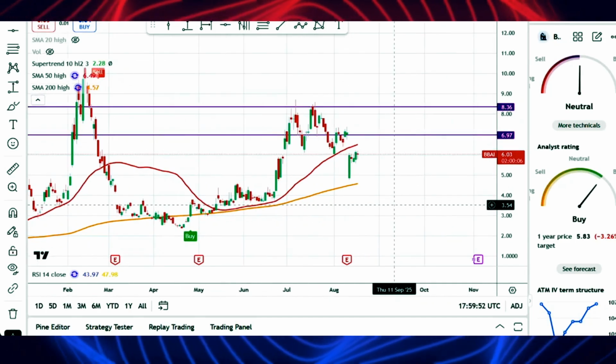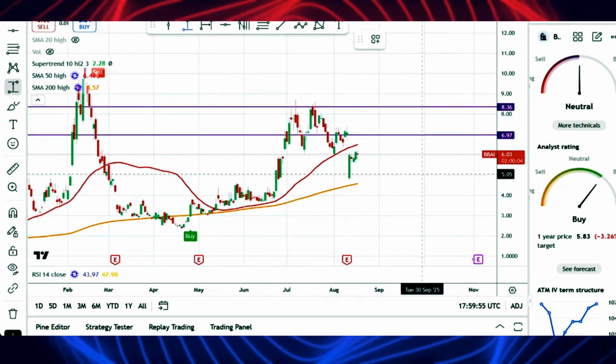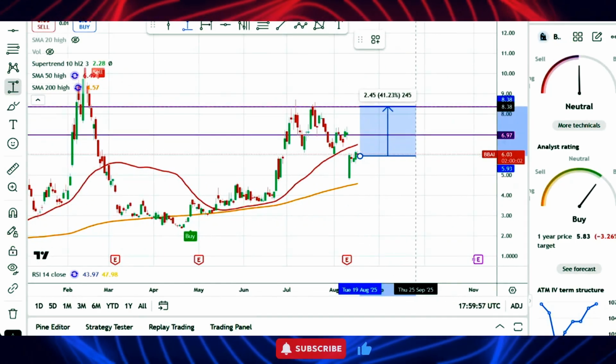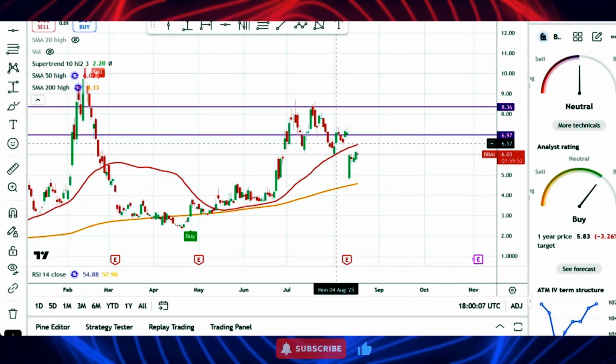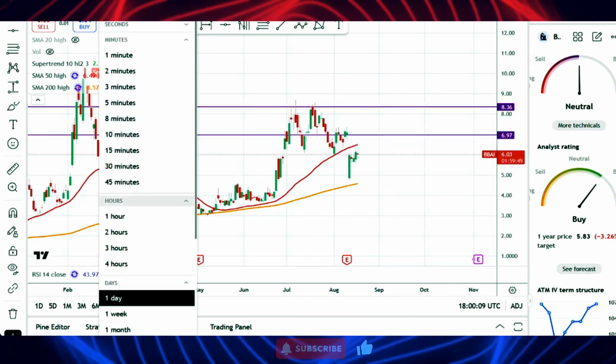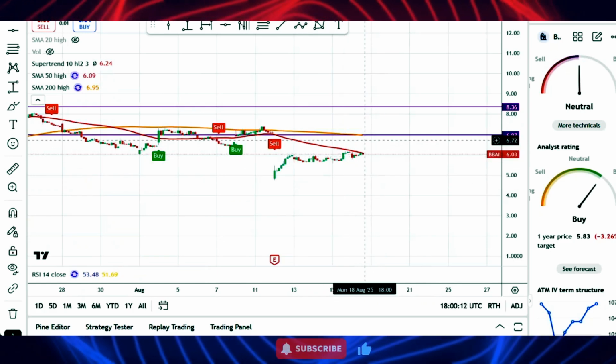If it doesn't break that, then it will just be like a double top, which is not a good sign. But again, if you want to take advantage of that, you could potentially take advantage of a 40% gain. And if you want to play it safe, just wait until it breaks the moving average. Wait till it breaks the daily moving average, or if you go to the 45-minute chart, wait till it breaks